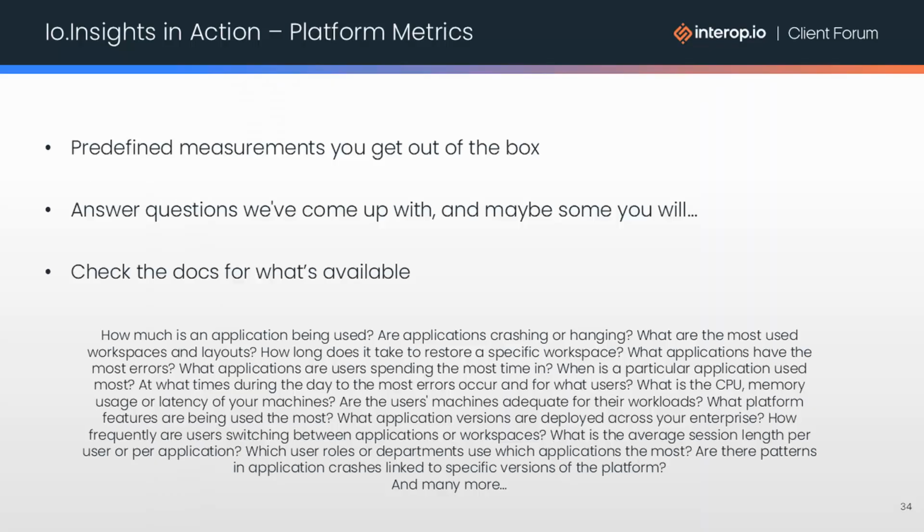Another dataset that is available from io.Insights are the platform metrics that are published by default, such as memory and CPU usage, startup time, running application count, and so on. They are defined based on some use cases and questions that we've come up with that will hopefully be useful to you, but you might have your own ideas for making use of this information. You can see the details about the provided metrics in the io.Insights online documentation, and we're always happy to receive